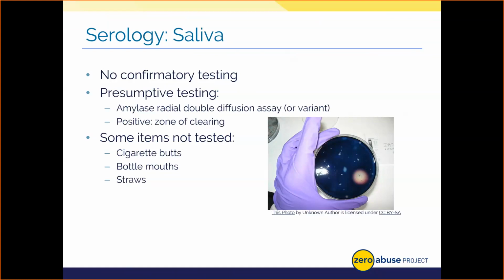Well, we start with a petri dish like the one on your screen, made of a sterile starch agar. Basically, agar is just a jelly, and we infuse starch inside of it. We mix it in there. And starch is nothing more than a complex carbohydrate or just a complex sugar. We then cut small wells or holes in the agar for our samples. Next, we're going to add those samples to that plate.